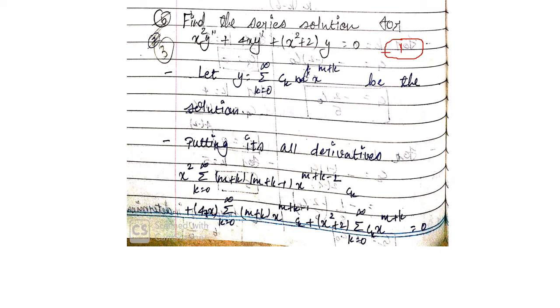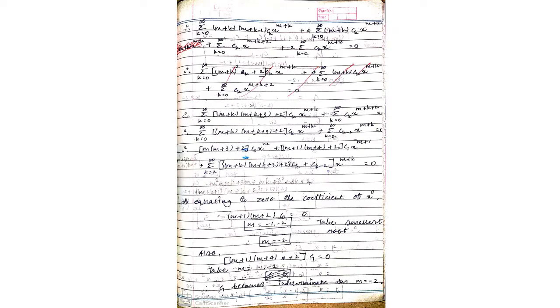So see here the last term has a bracket, that is x square plus 2. So you have to just open it first. So the first and second terms will be as it is, into the third term: x square into y and plus 2 into y, and y you all know very well, right? So that is what I have written here, you can see that.